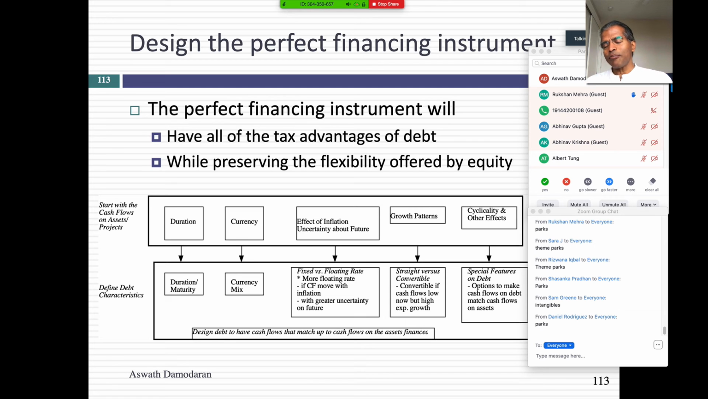If you don't have pricing power, you don't want to have floating rate debt because you will get squeezed. And here's what's going to happen. Inflation goes up, your costs go up, but you can't pass it through to your customers. Your income actually decreases. But if inflation goes up, your interest rates go up, and your interest payments tend to go up. You get squeezed. So the decision of whether to use fixed or floating rate debt will depend on whether you